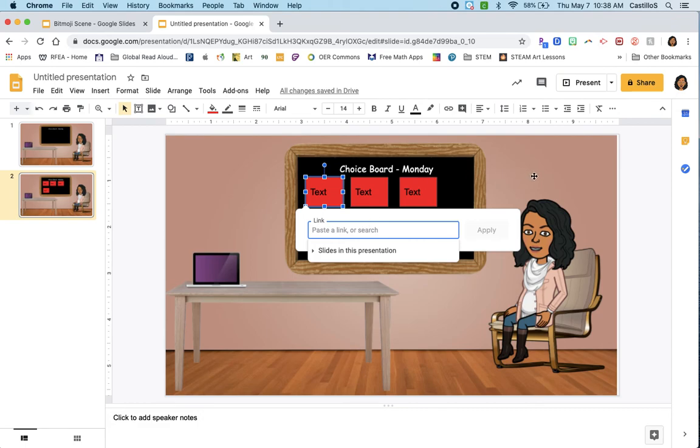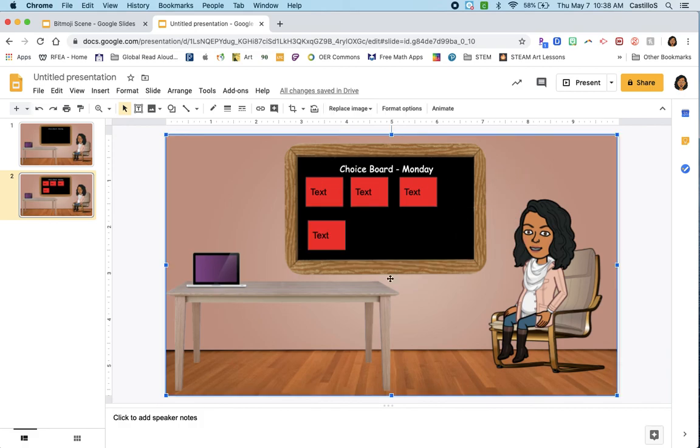Now, if you push this document out to the students in Seesaw or Google Classroom, they open it, and this is what they'll see with their choices and their instructions. If I wanted to add more instructions, I could do a speech bubble above my head, like you'll see in our examples. I can do another whiteboard. I can do a poster. I can add a rug. You can make